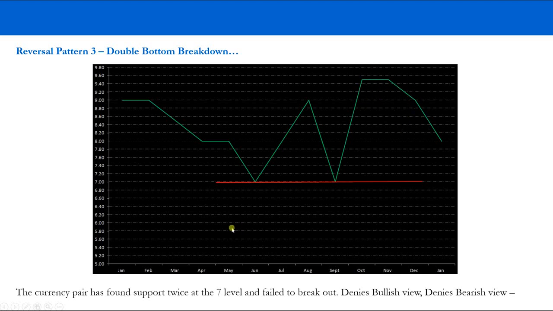Now, in this instance, if you come into the chart and you open it up and it looks something like this, if your fundamental predisposition is bullish, then this obviously denies a bullish view. But it also denies a bearish view, because the currency doesn't have any technical direction. So there will be instances where you won't be able to do anything, whether you have a bullish predisposition or